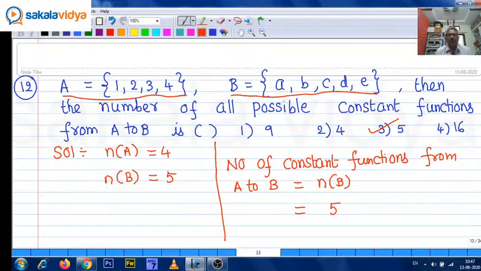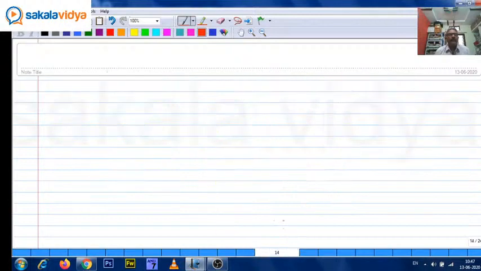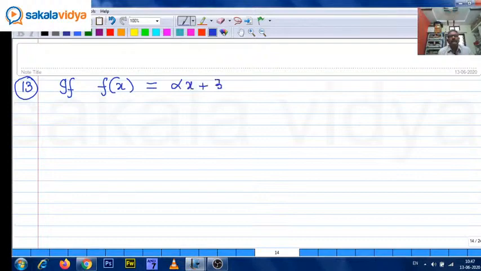Okay, now the 13th one. If f of x equals alpha x plus beta, whatever problems we have discussed earlier, based on number of functions,